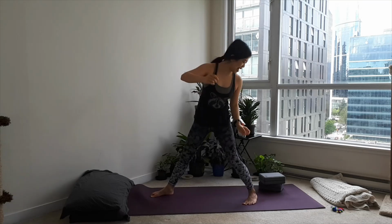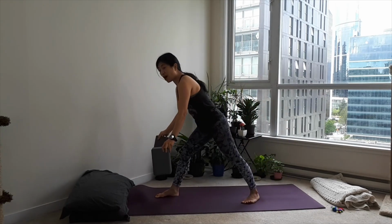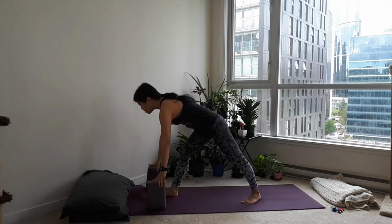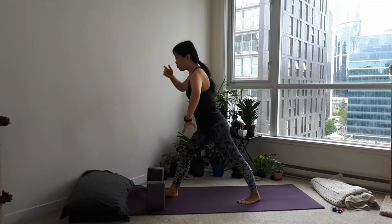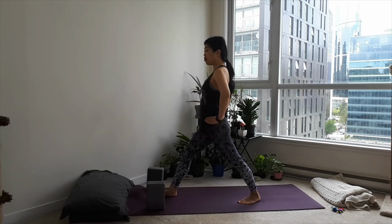Put my blocks at the back of the mat. So I'm going to gather them here and take them forward. So your blocks can go on top of your bolsters if that's a little bit more spacious for your body. And without assumptions, without even thinking that you need to use the blocks at all, maybe you're going to stay